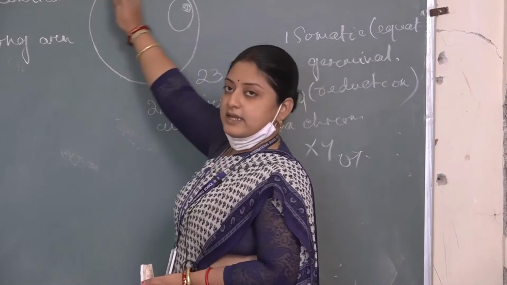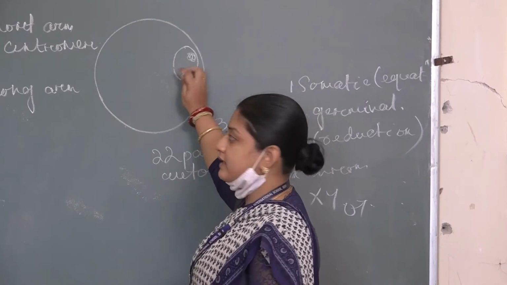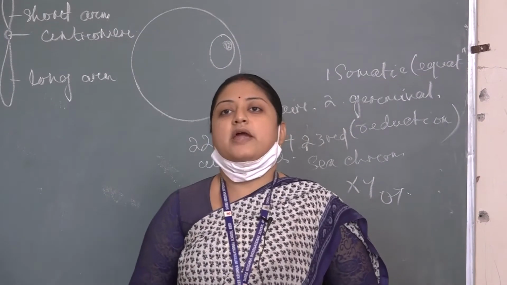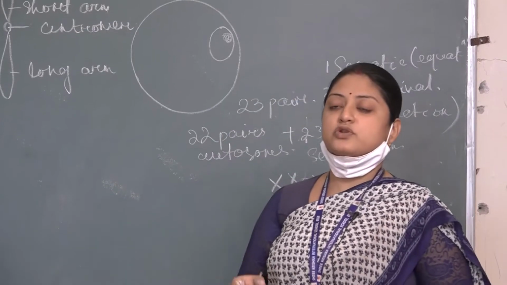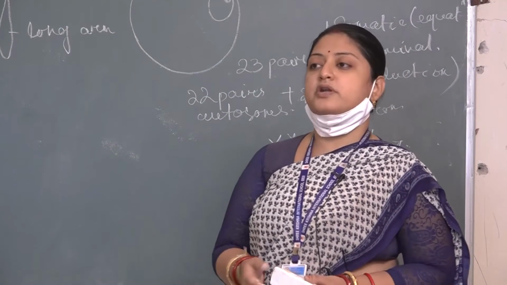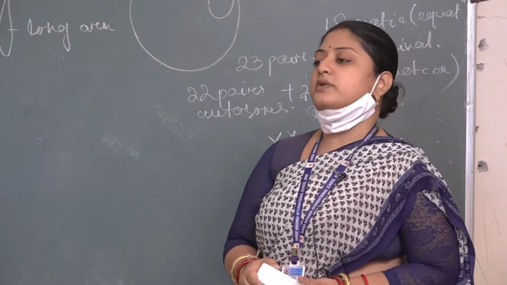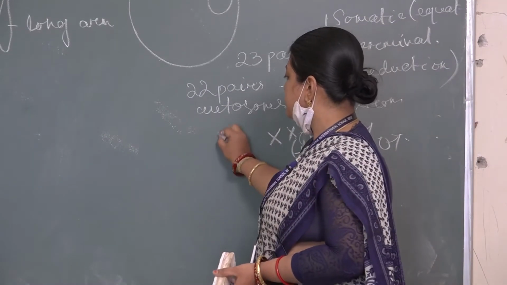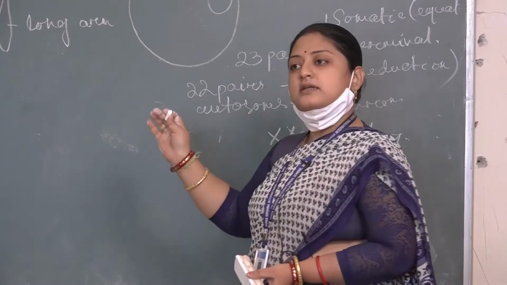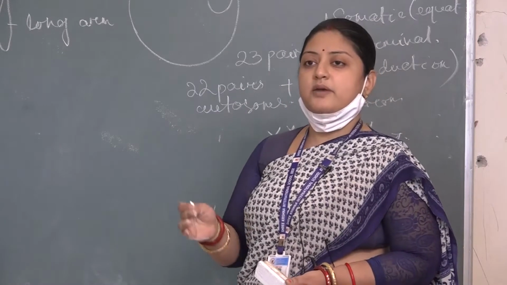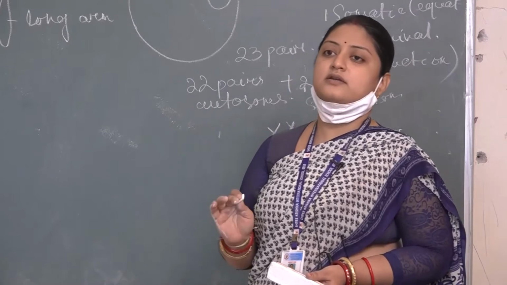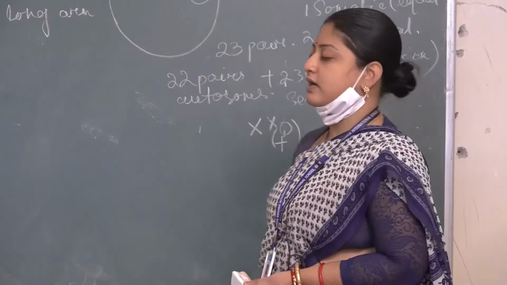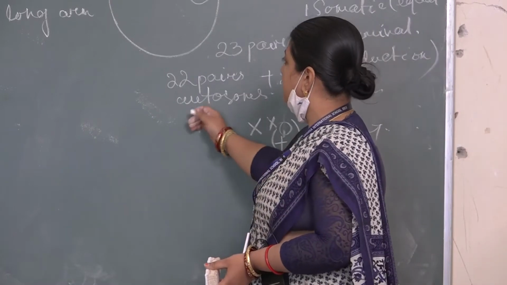So this is the cell, this is the nucleus, and this is your nucleolus that contains the chromosome. The fragment of chromosome which is responsible for contributing a character is known as a gene, and a gene consists of nitrogenous bases, that is A, T, G, C. These are adenine, thymine, cytosine, guanine, the nitrogenous bases. You will study about that later in your classes 11 and 12.